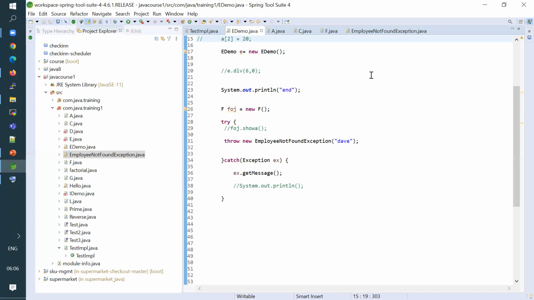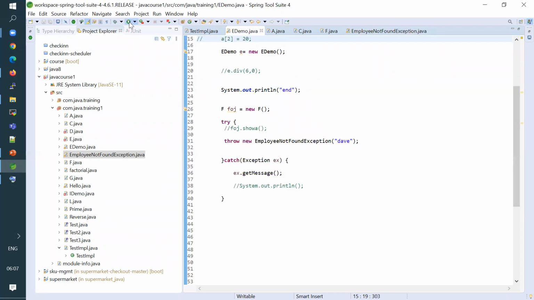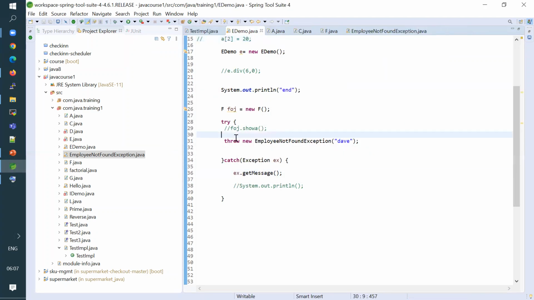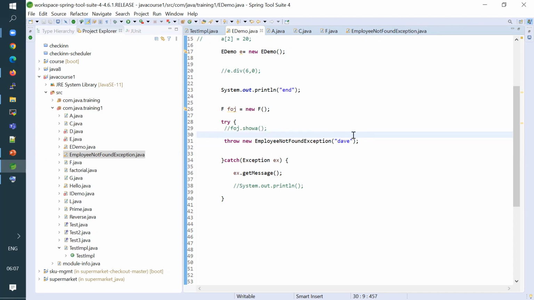Where we define that exception, over here, we defined that. So this is how we can create our own exceptions and throw them. Here you can write database code where you try to find employee details with the name Dave.